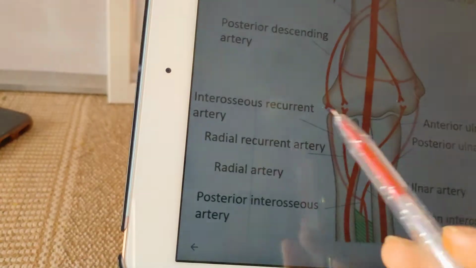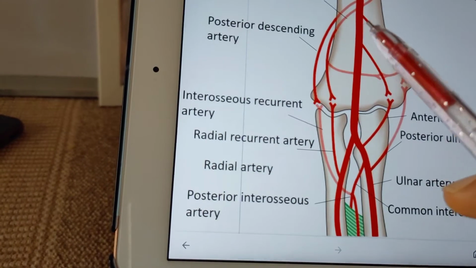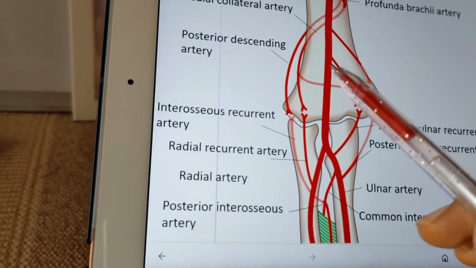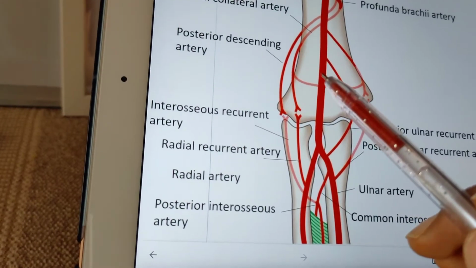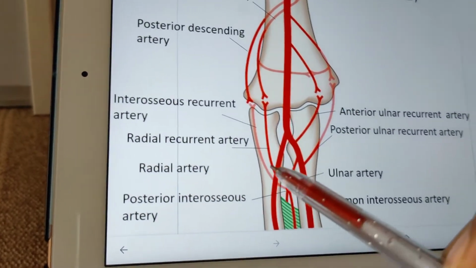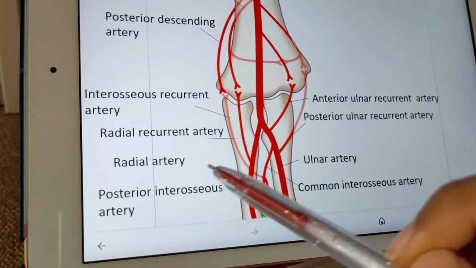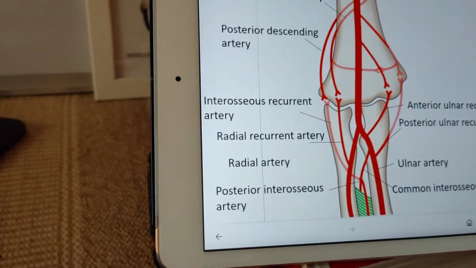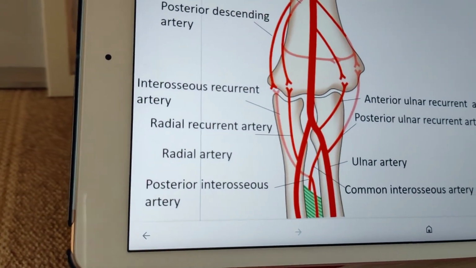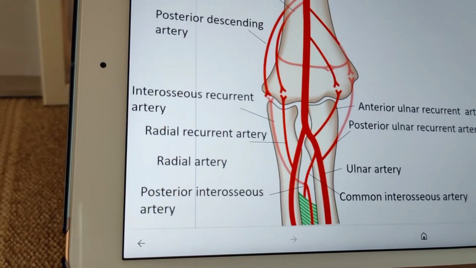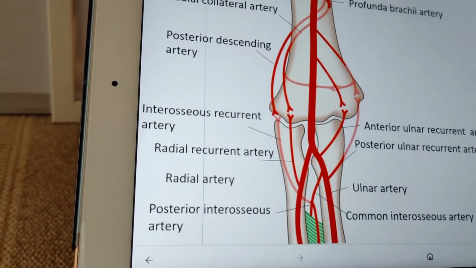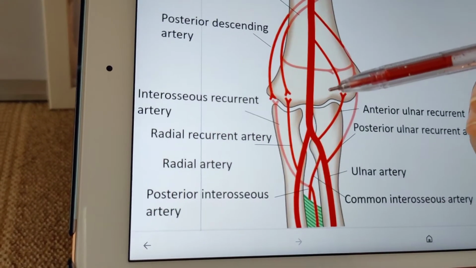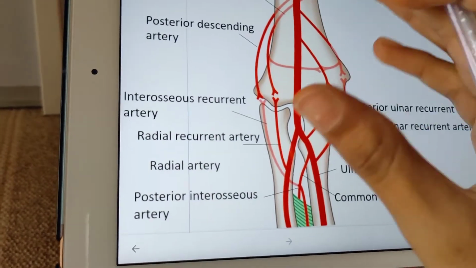It usually gives a branch which accompanies the nerve to the humerus. Next, coming to the deltoid or ascending branch, which ascends between the long and lateral head of triceps and anastomoses with the descending branch of the posterior circumflex artery. So the posterior circumflex artery will come and anastomose with this. Next, the nutrient artery to the humerus is often present and enters the bone in the radial groove just behind the deltoid tuberosity. However, it may be remembered that the main artery to the humerus is a branch of the brachial artery, so it's not a point over here.